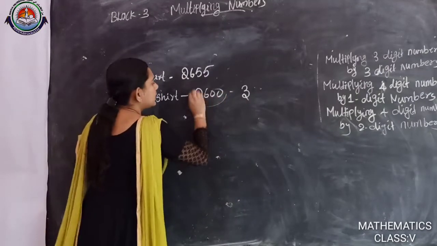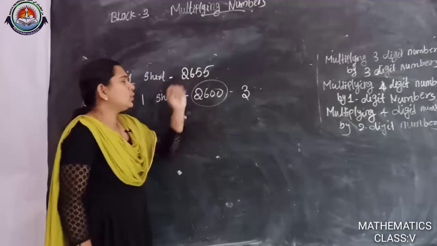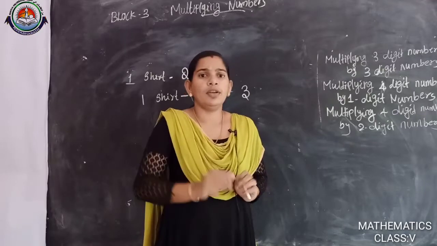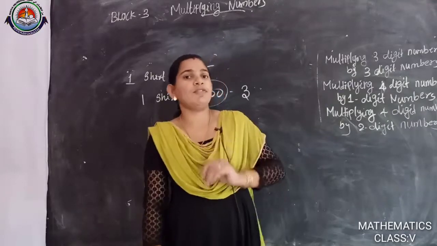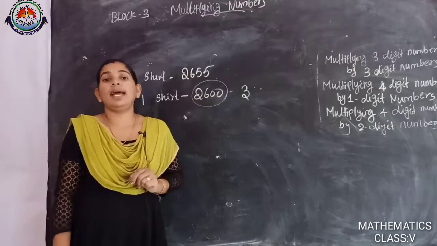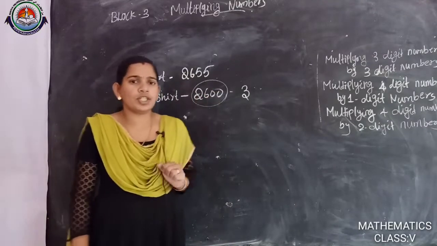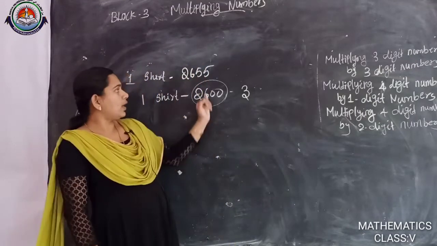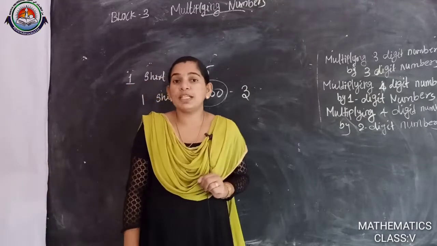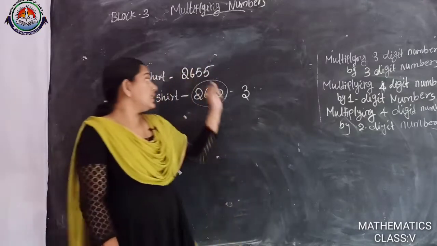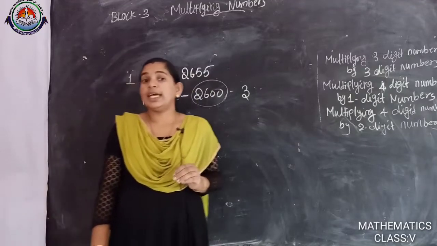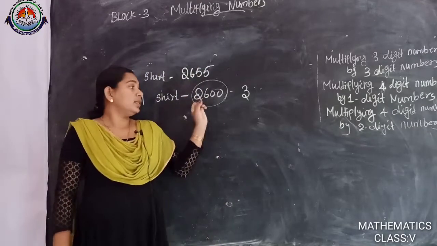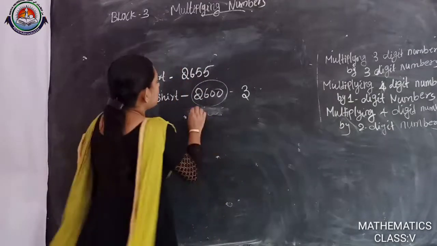So how do you get that 2,600 from 2,655? Is it correct? Yes, it is from rounding off. Many shopkeepers do it like this, but this rounding off is correct. What is the reason here? Here we round off to the nearest 100. We check the tens place value. The tens place is 5. We know that if the tens place is 5 or more than 5, we add 1 to the hundreds place. So this number rounds off to 2,700.